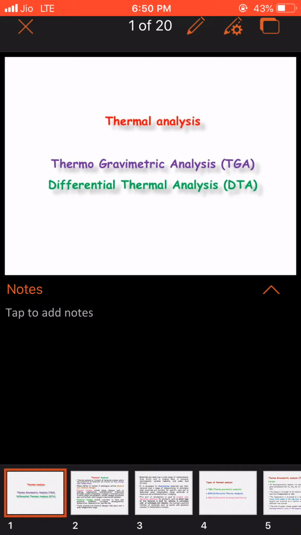In thermal analysis, we have mainly three types of techniques. One is thermogravimetric analysis, TGA. Second one is differential thermal analysis, DTA, which are written here. The third one is DSC, differential scanning calorimetry. We will look into them one by one in detail, but before that, we will understand why we should do thermal analysis